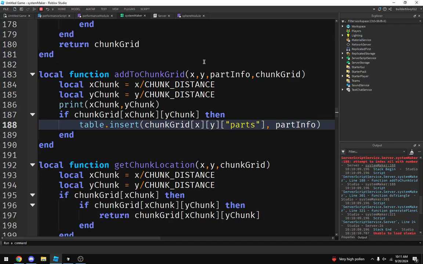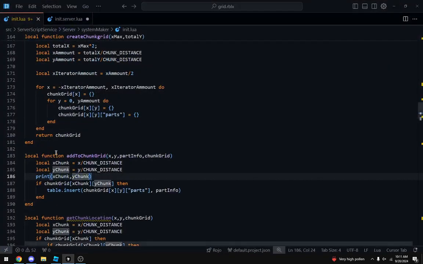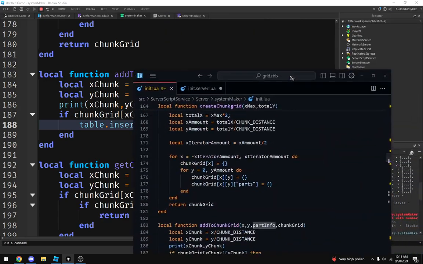Let's do this. Anyway, so there's an issue on this line. Attempt to index nil with number. So that would be XY parts part info. Does this literally change live?